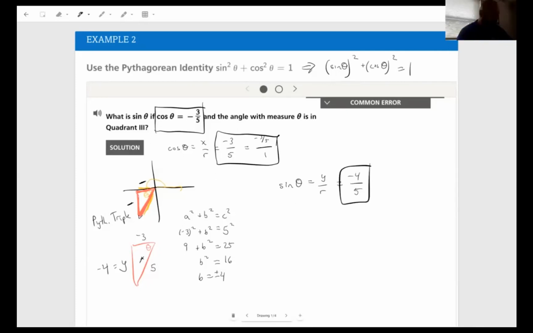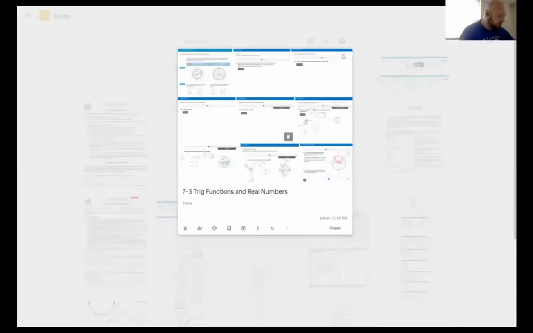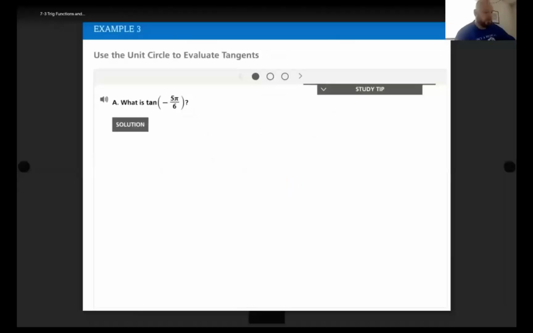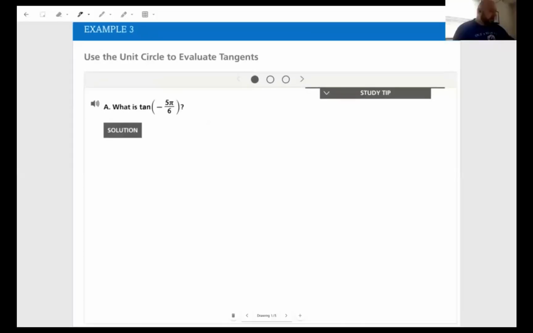All right, moving on now to example 3. For example 3, this time we are in the unit circle, and we're looking at the tangent. So we've only done sine and cosine so far, but remember that there's 6 total trig functions. We have sine, cosine, tangent, and then the reciprocals of those, which are cosecant, secant, and cotangent. So this time we're doing a tangent. What is the tangent of